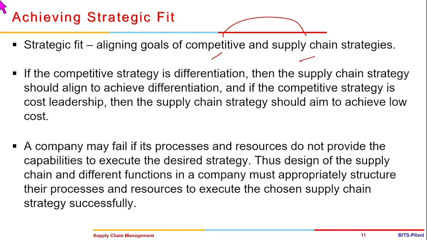And in case the company has chosen a competitive strategy which is on cost minimization, which is called cost leadership, then the supply chain strategy should also aim to achieve low cost, which means it should look for ways and means by which it can keep on reducing its cost at the expense of not providing enough